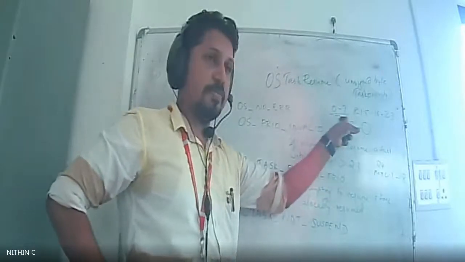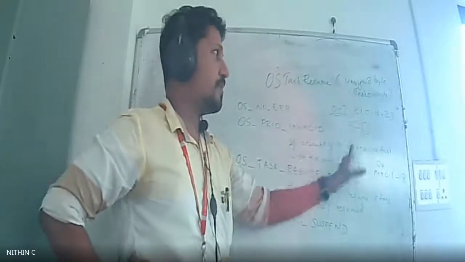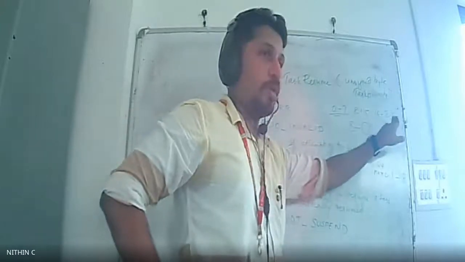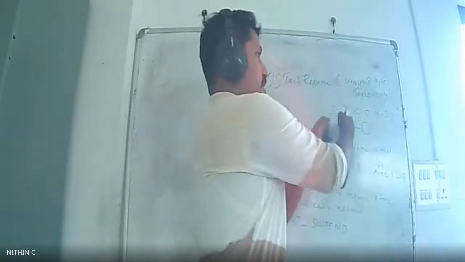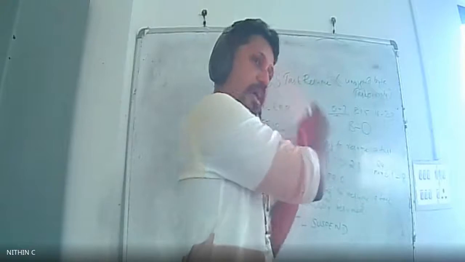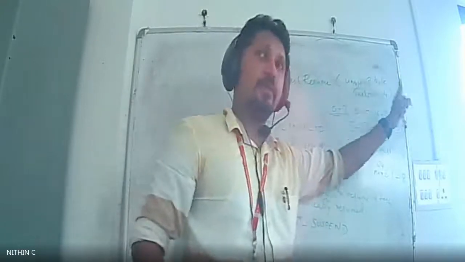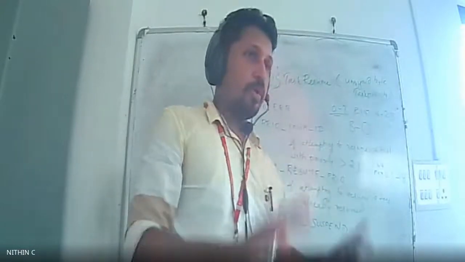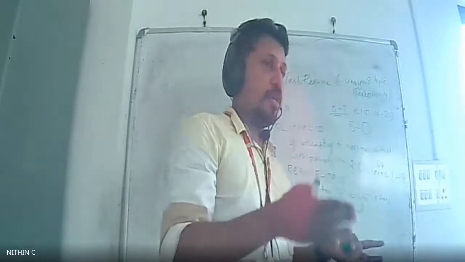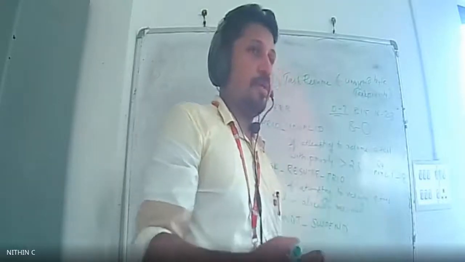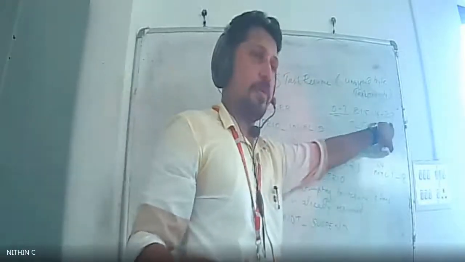This will always be the same. 0 to 7 will be the same. There is no change in that. Only the change will be in the low priority. Don't mix up low priority and high priority. This is actually the high priority side. 0 has the highest priority and n has the lowest priority. Don't think that 23 being a big value makes it the highest priority. It is always the lowest priority.